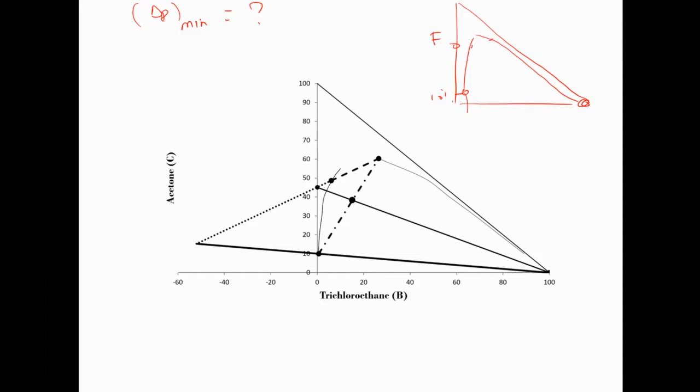Okay, so now you try to draw a line this way. This is your feed, for example. So you're going to try with different trials to draw a tie line, but that tie line should be passing through the F point. Now that will be done by trial and error. So you're going to assume different values for this one, and every time you get the extract and raffinate, and then you extend it until you find a line that, when you extend it, will pass through the feed point, and that line should be extended with this line, and this will represent the delta R